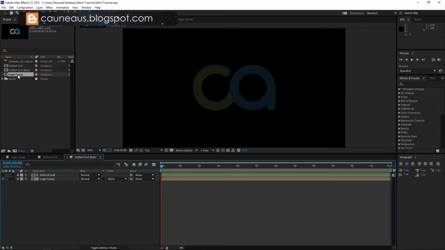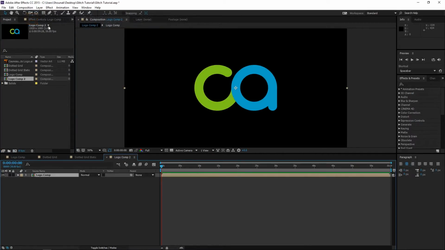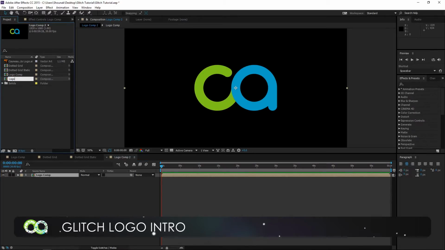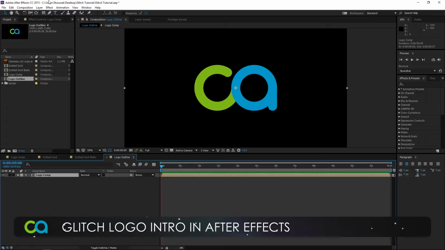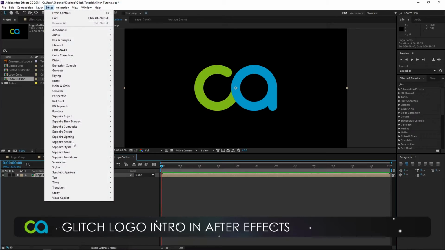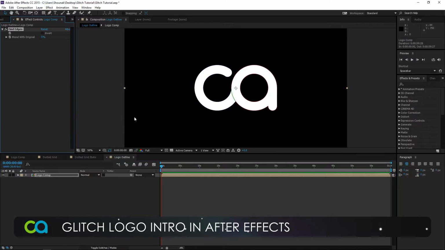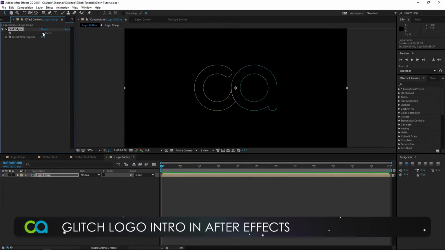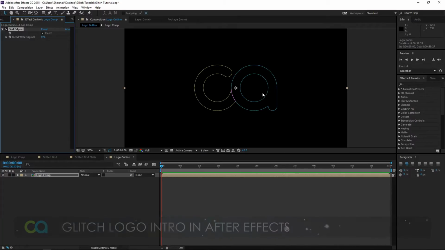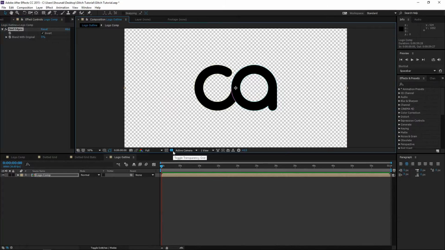Okay, now drag the logo comp to another composition. Let's rename this to logo outline. Select the logo comp and go to Effect, Stylize, Find Edges. Click on Invert so that you only see the edges. And now if you check the transparency, I don't really want this black portion in the middle. So I'm gonna go to Effect,